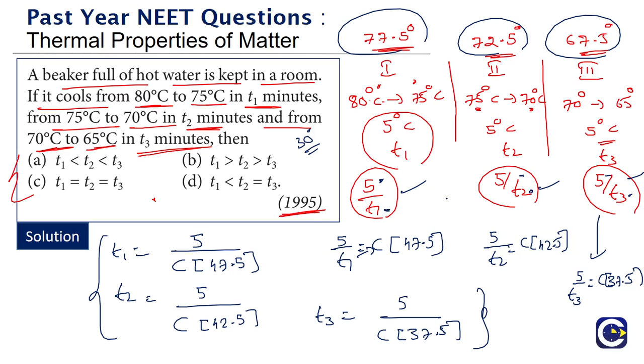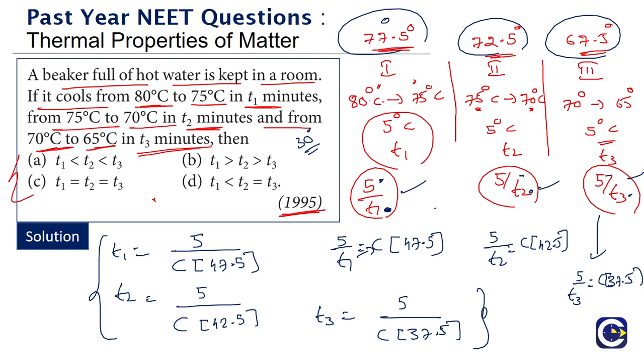The temperature difference between the object and the surroundings. So wherever the temperature difference is more, obviously in the first case the temperature difference will be more. In that case, the rate of cooling is faster. Rate of cooling is faster means what? The time taken will be less. Like that we could have concluded the answer by looking at the